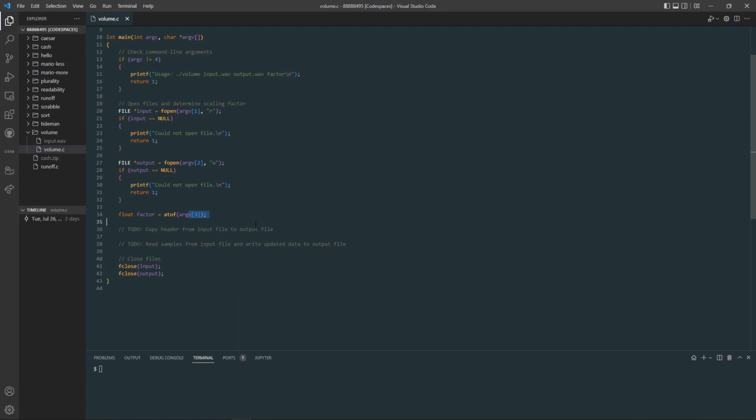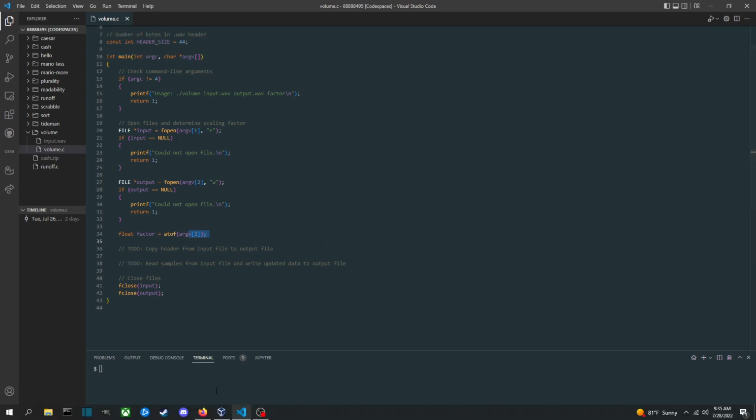Brackets 1. Because argv1 is the first command. Okay. So I want to read the file of argv1. We then want to ignore... copy the header from input file to output file, read samples from input file, and write updated data to output file, close files. Okay, so